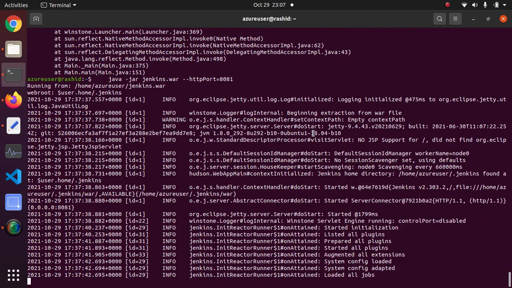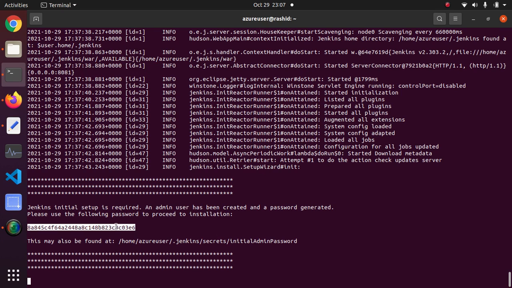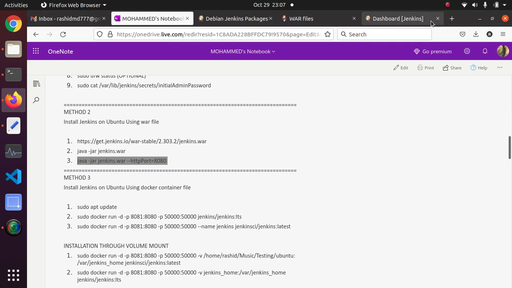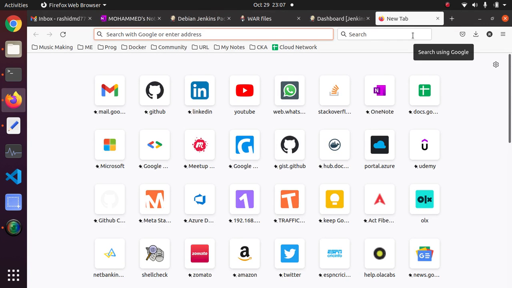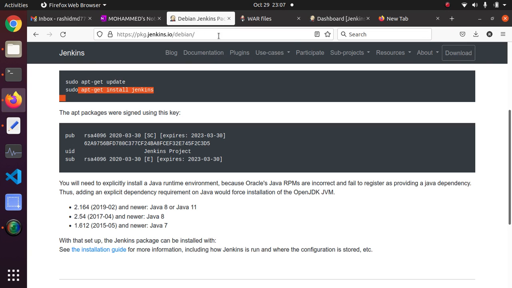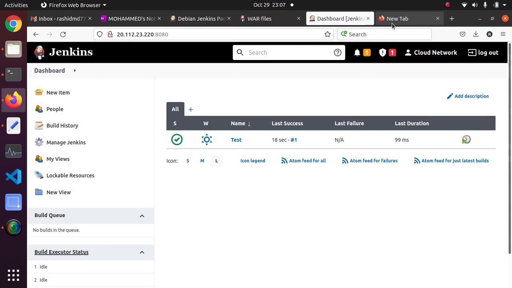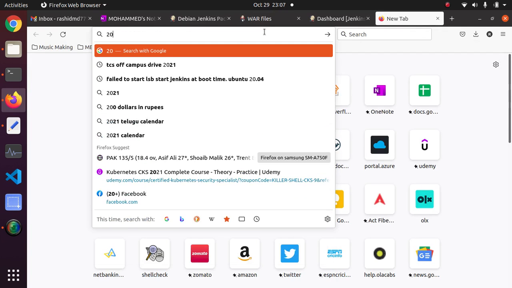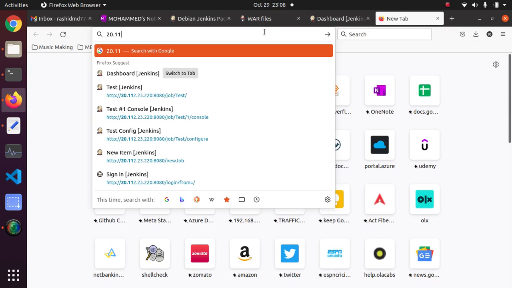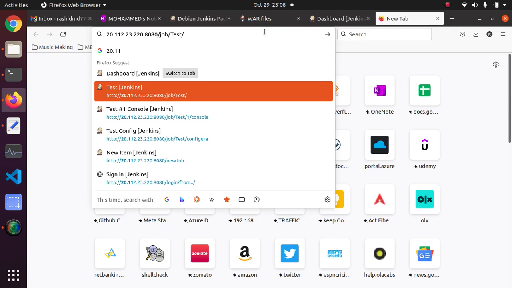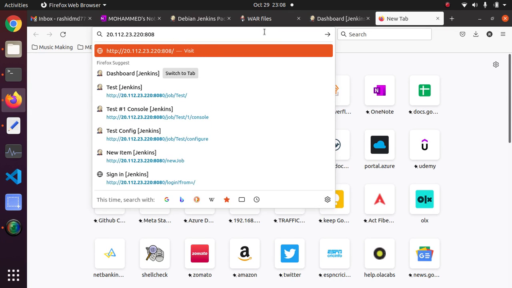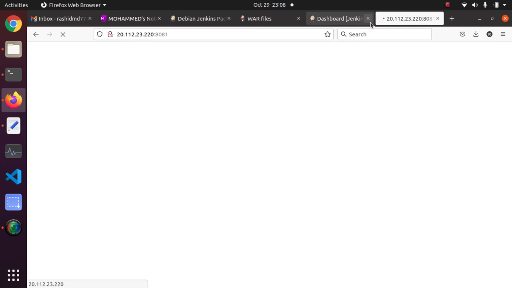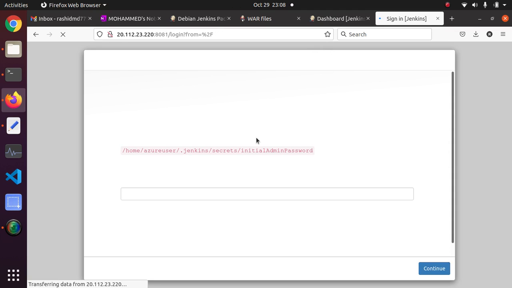2 minutes. So you can see it started, and you copy this password, and we need to go to your Jenkins and type the username. Okay, this one is there. We'll remove and give 1. So on the screen you can see with this port number 8081 I am able to access my Jenkins here,